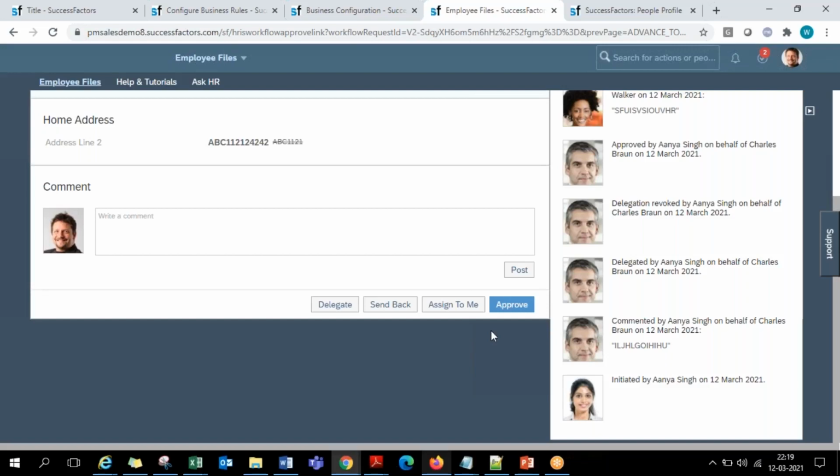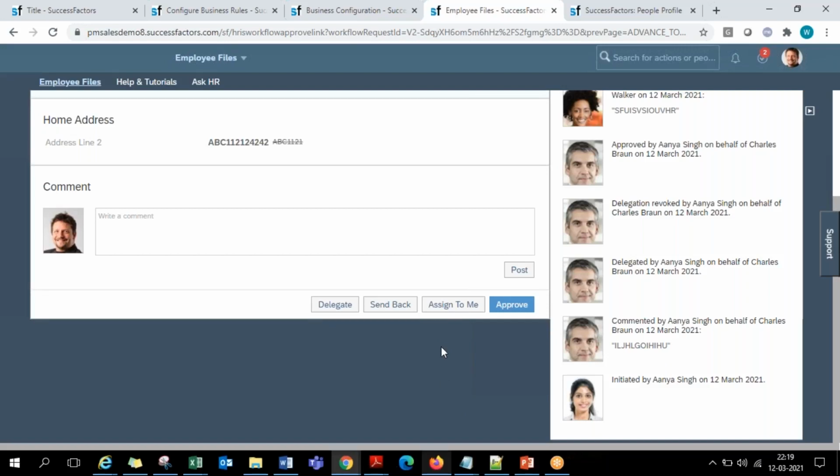So in that case, if you want to approve it right away, you can. But if you want to take care of this workflow and you need some time, then you click on Assign to me. If you click on Assign to me, it will be removed automatically from the others' bucket. You are the only responsible person for that. You are saying that I will take care of it, others need not. So you are nominating yourself as the owner of this workflow.